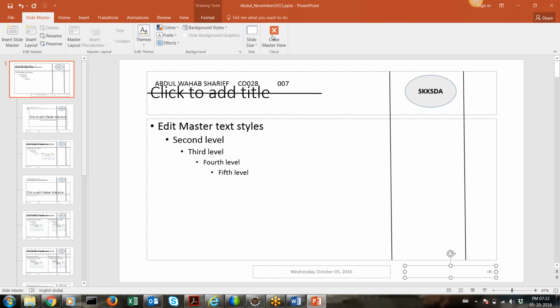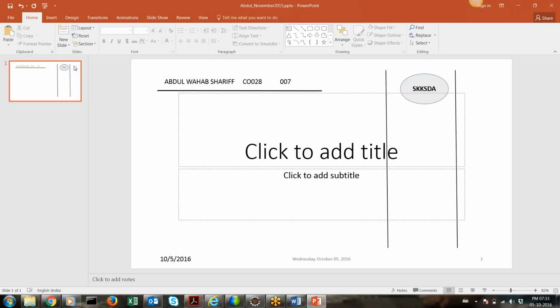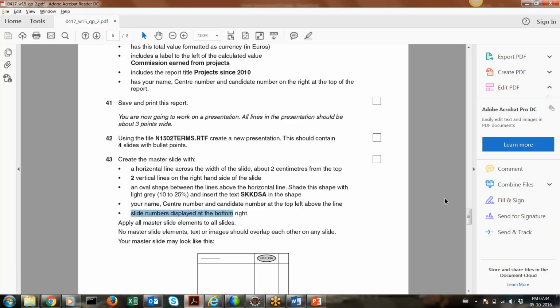Click on slide master, close view. Now go to new slide and click on the title slide. Now we have got that. Okay, so I'm getting this date. This you can delete later on. Even if it is there, I don't mind. And I have the page number and I have the format ready. So now let's start with the next